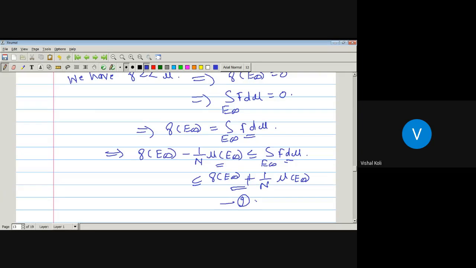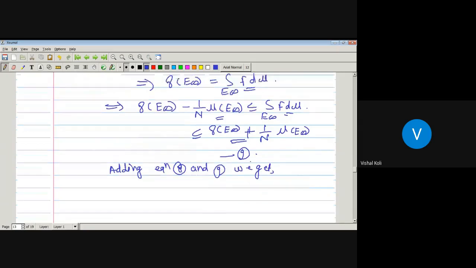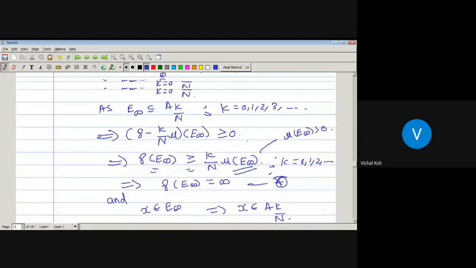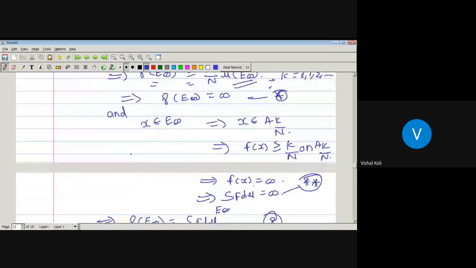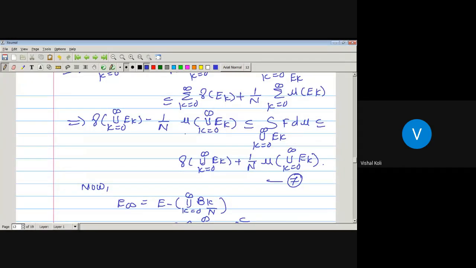Now adding equation 7 and 9. Equation 7 is nothing but gamma of the union over k running from 0 to infinity of Ek minus 1 by n measure of the union over k running from 0 to infinity of Ek, which is less than or equal to the integration over the union over k running from 0 to infinity of Ek of f d mu, and which is less than or equal to this quantity. After adding this with equation 9, we get